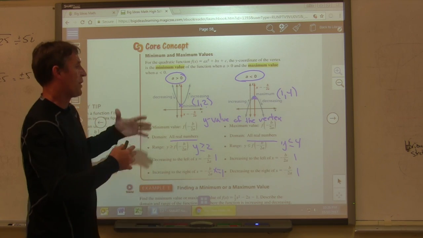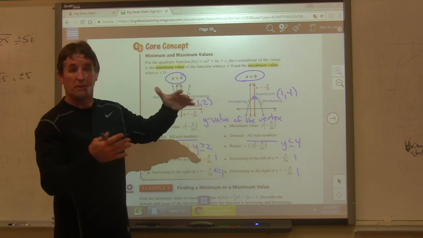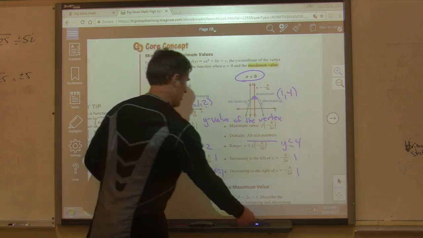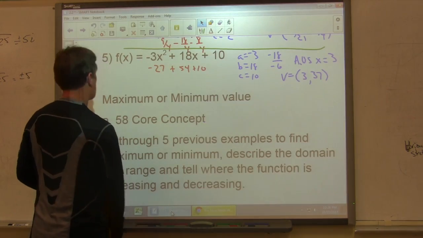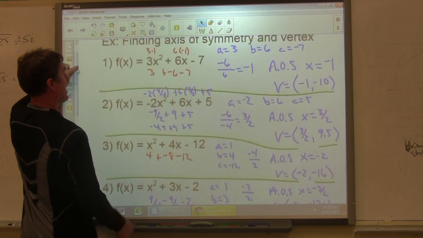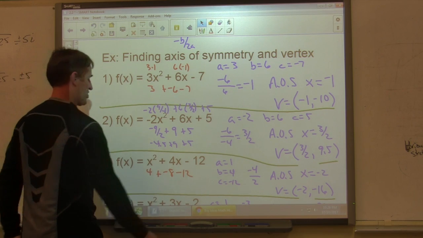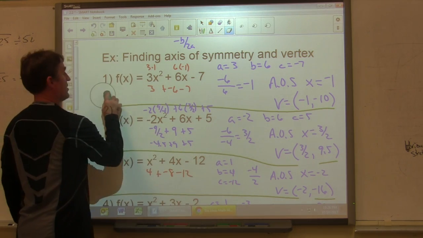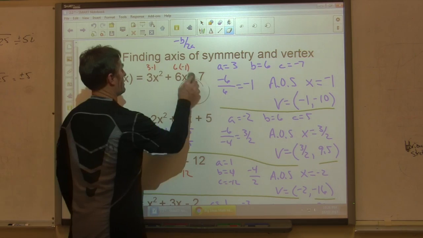So without going through and finding the vertex on problems, because you already know how to do that, we can just go back to the problems we just did. So I'm going to go back to these 5 problems, and we're going to answer the questions that they ask on this. So if we go back to these,